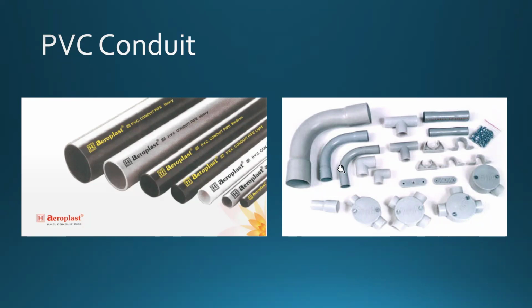Now, excuse me. PVC also comes with different types of paraphernalia that are associated with that. You can buy stubs or right angle bends or T type of junctions and fasteners and whatnot, depending on what company sells it, where you can find it. Usually when you see these, you're going to see a whole section of other things to make your life easier in order to do things fast. Because, well,